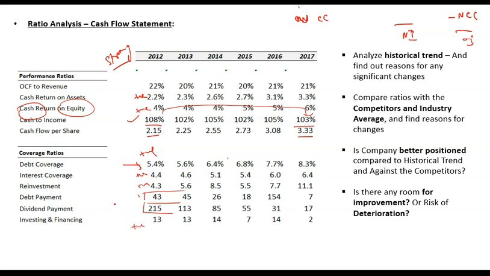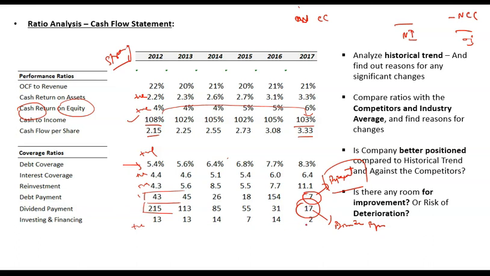And the reason for this debt payment or dividend payment decrease is that you would have made a significant repayment in 2017 and a significant dividend payment in 2017. So again, this decline is not a problem. Why? Because this is due to repayment of debt. So you use your operating cash flow for a significant payment. This will not come in again next year or after that. So this is just a one-time decrease. It may again improve in future.